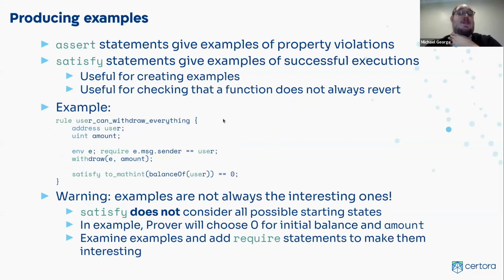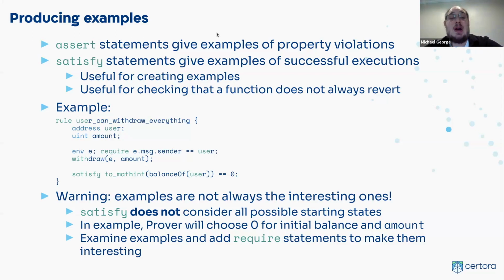So the last feature is for producing examples of good behavior. If you think about a rule in CVL, you're saying here's what should happen, and you're asking the prover to tell you if there's any way that the thing you think should happen doesn't happen. So you get violations of the properties that you expect to hold. But sometimes it's useful to have an example to help you reason about what's going on in the contract, or to convince yourself that it's possible for something not to revert, for example, or to convince yourself that the require statements you've written don't rule out